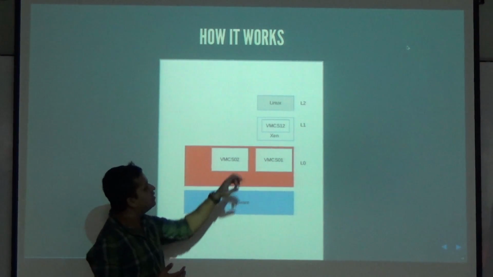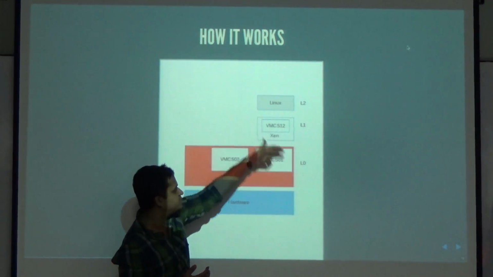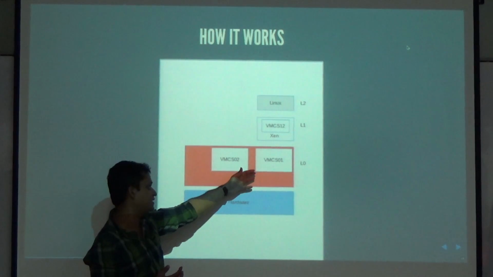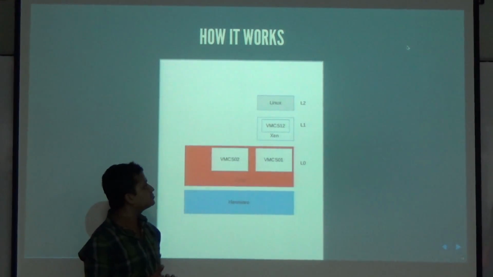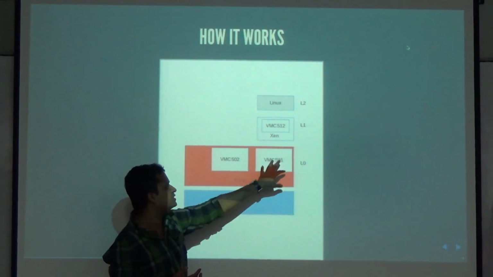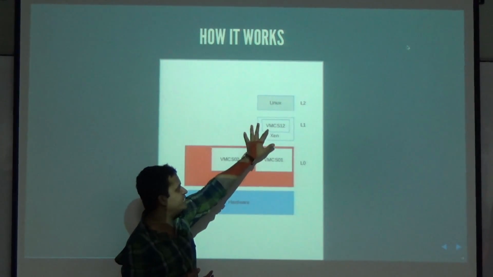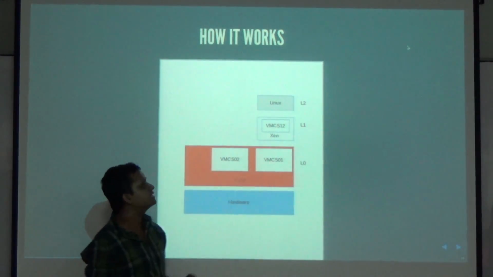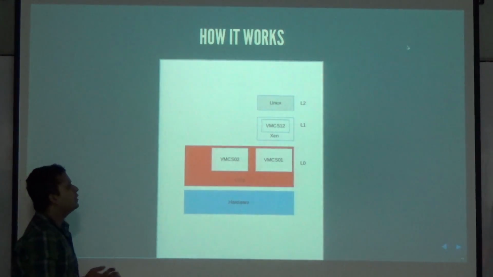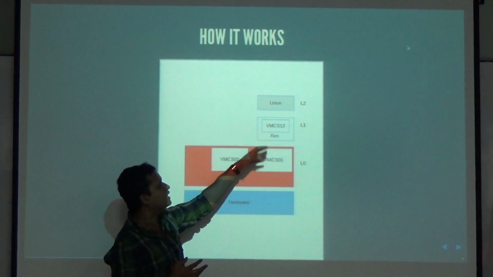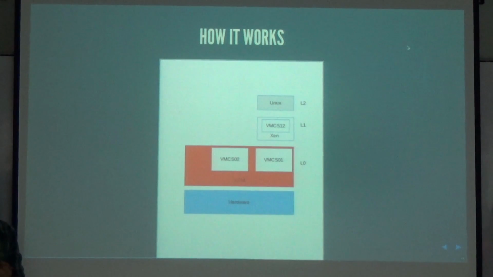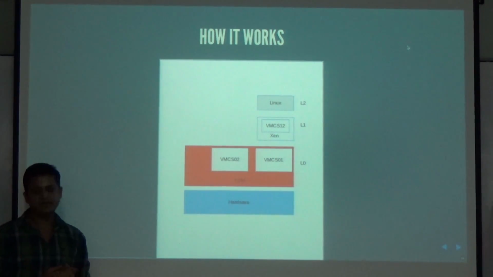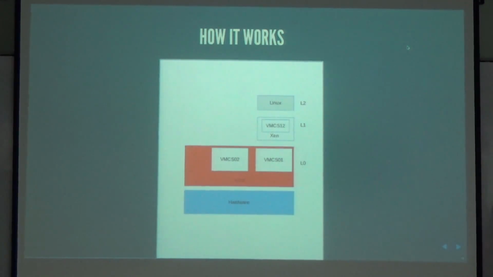So what we do is, for a lot of cases, we just exit to L0 whenever an event needs to be handled. We do whatever changes we need to do, and then we jump back to L2. But we keep track of the changes that need to be reflected in the VMCS that L1 has, and the next time we actually run L1, we make those changes so that L1 can see them. In that way, we actually reduce the number of VM exits and both of them can make progress at a comfortable pace.